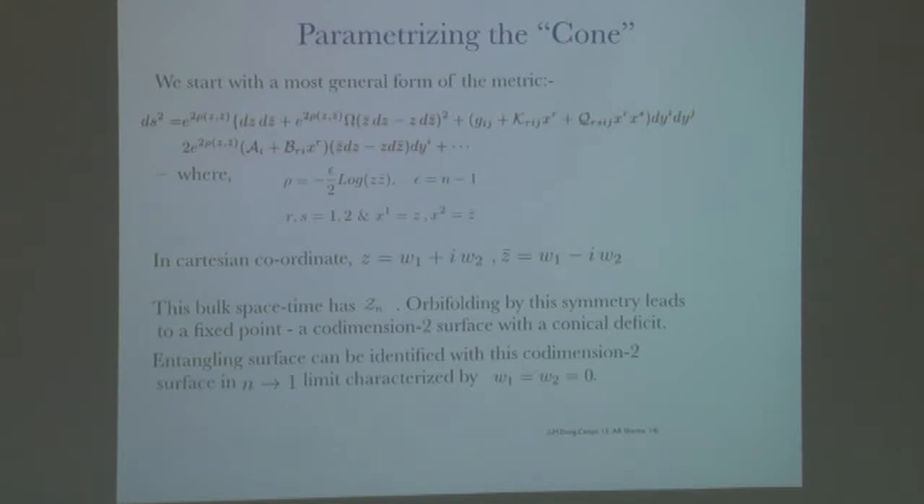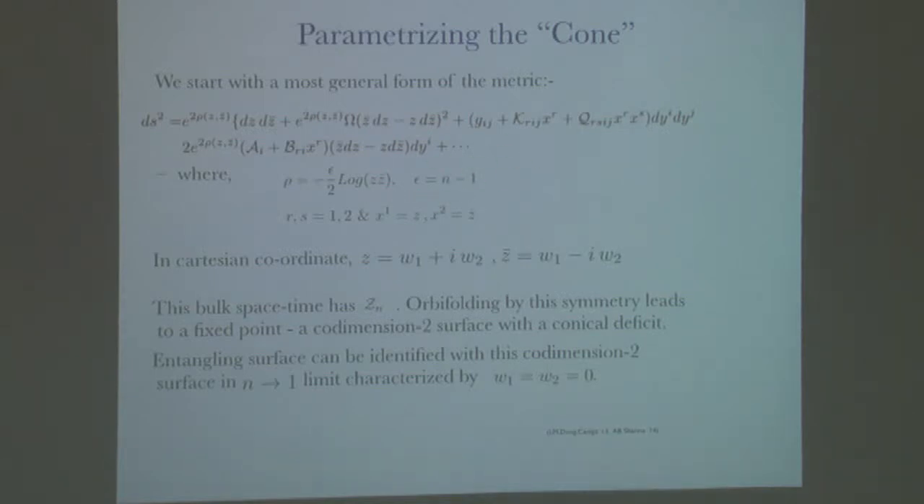Before starting we should parameterize the cone. It is written in the complex coordinates z and z bar. In terms of Cartesian coordinates, z equals w1 plus i w2 and z bar is the conjugate of that. This is the 2-dimensional part of the cone, and this e to the power 2 rho factor actually mimics the conical singularity. This rho is defined here. This becomes just z bar to the power epsilon. Epsilon is the conical defect parameter, the angle defect, which is defined as n minus 1,